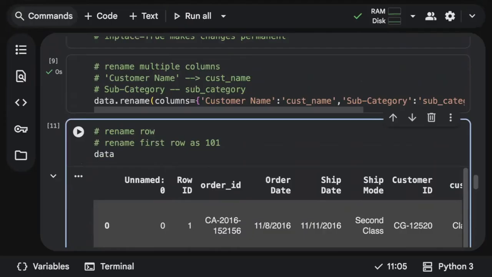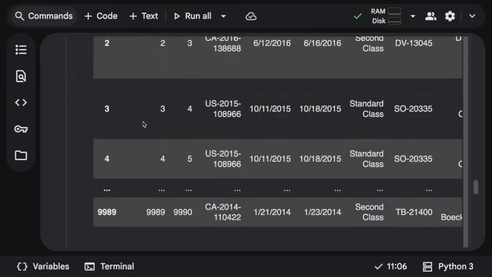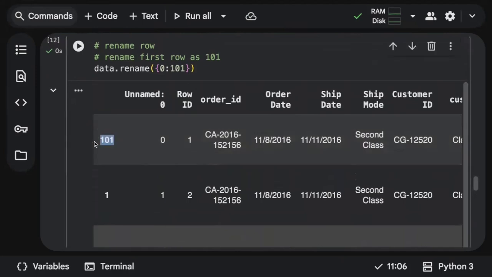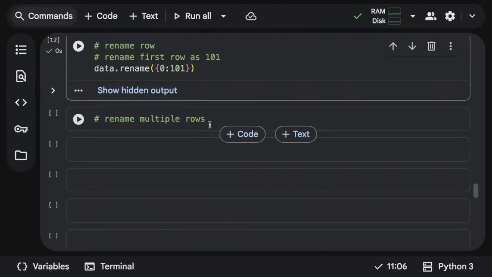Very simple. Call your data dot rename. Whenever you are making any changes related to rows, you're not supposed to write columns equals. Just use a dictionary and write 101. Sorry, your index is 0, it's a number, colon, I have to replace it with 101. Done. See, instead of 0, the index got changed to 101. If you want to make it permanent, just include inplace equals true. But this is not really important, because who will care about replacing row numbers, right? It will always be in a proper format itself.